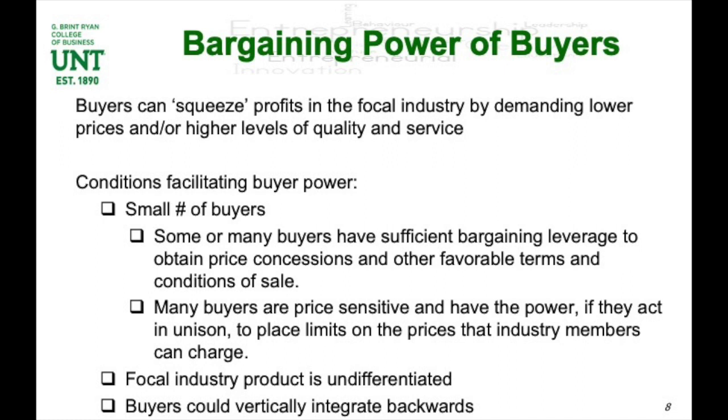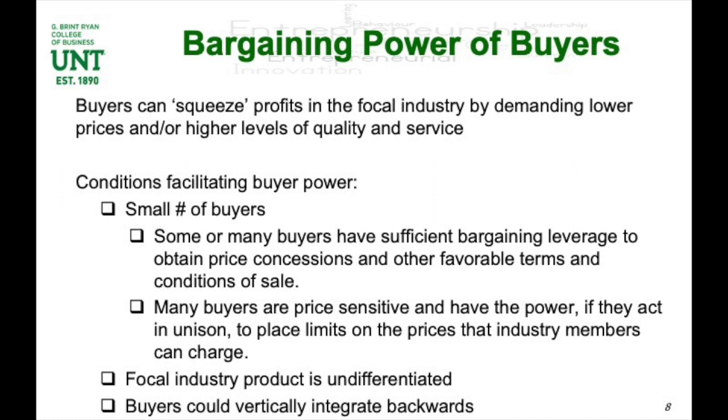Some or many buyers have sufficient bargaining leverage to get some type of a price discount or something else that favors them. Right? But a lot of buyers tend to be price sensitive, and they can set limits on price increases, right? That will happen, right? So you think about one example of that being Uber. They know that there is a limit to how much they can charge for surge pricing before customers say, I'm just not taking the Uber, right? I'm going to call a cab or I'm going to take Lyft, right? So there's some limit to how much price increase the customer is willing to tolerate.